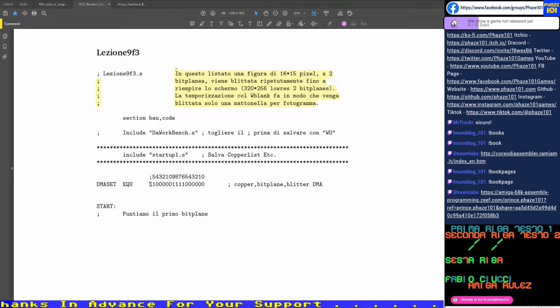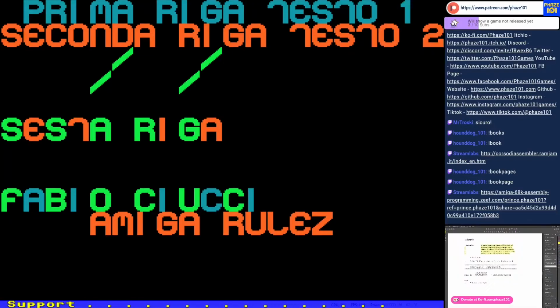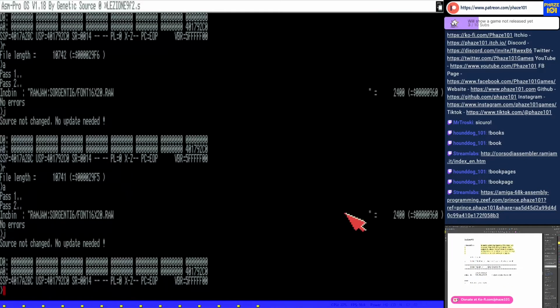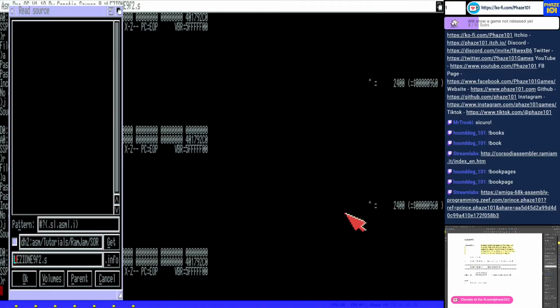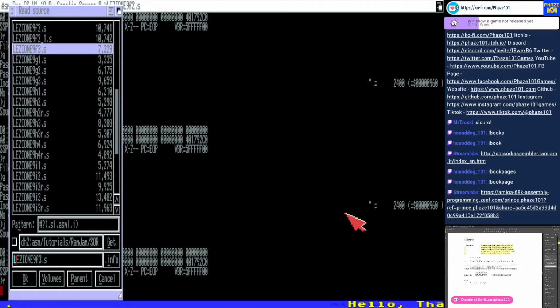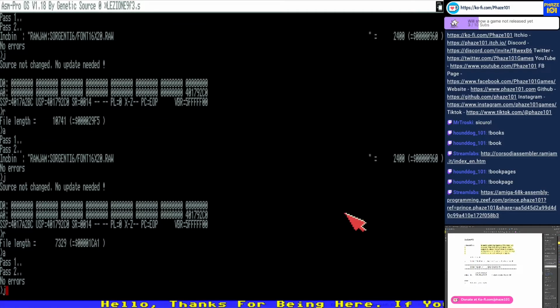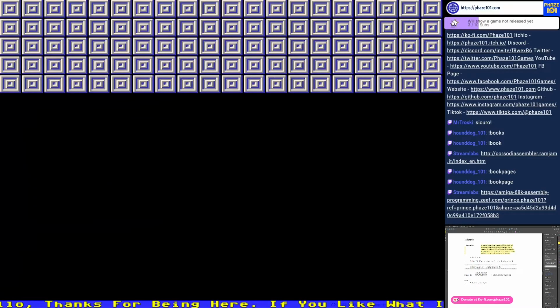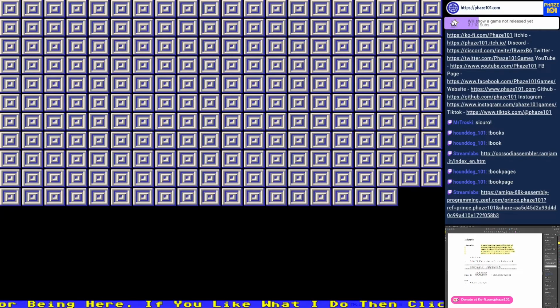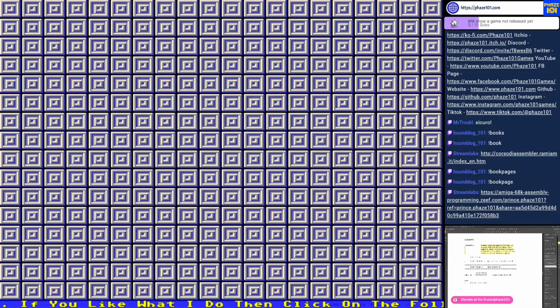So let's do 9F3 and jump to the Amiga. And this time we have the pattern, which is composed of 2 bit planes, and it's being drawn to the screen and filling up the screen. Now the difference between this example and the previous is that